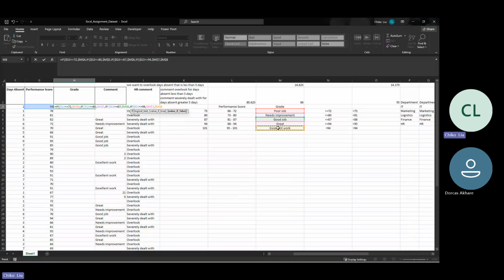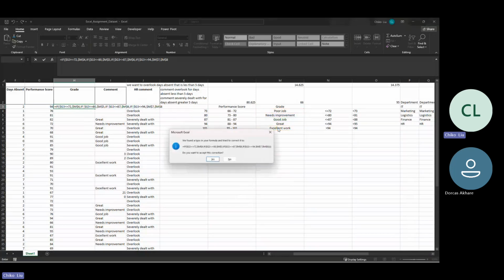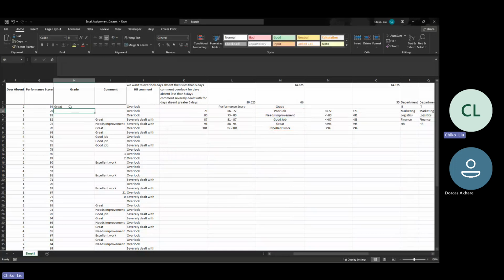So I'll just click on OK. Now you might want to start typing the first one, the second one, the third bracket close, but I'll just click on OK. It might give me an auto correction prompt. It's saying that we have found a typo in your formula and tried to correct it, and it has corrected it for me. Do you accept this correction? Usually yes. Now you can see that 94, less than or equal to 94, is "great"